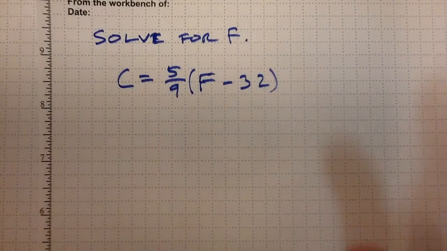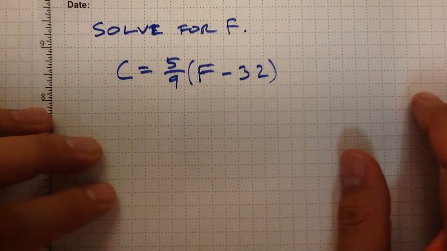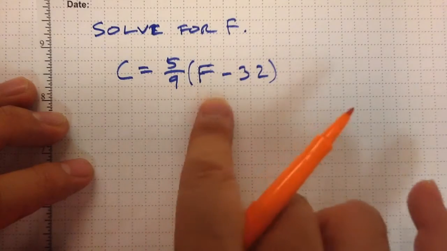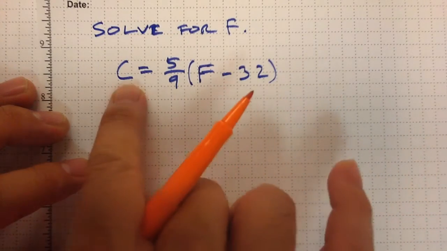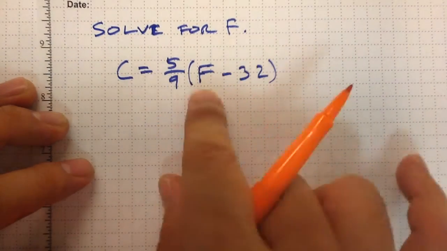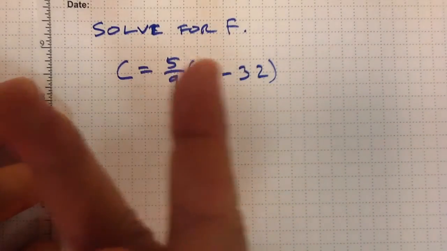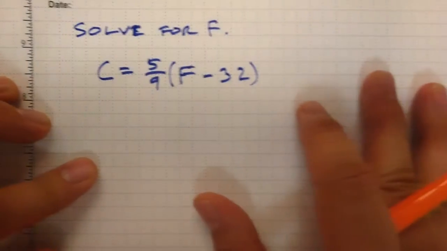All right, in this last example, you may or may not be familiar with this formula, but I think the C and the F might be a clue. In this case, this is the conversion from Fahrenheit temperatures to Celsius. You plug in your Fahrenheit, do this math, you get Celsius. But what if I want to know Fahrenheit instead? What if I need this formula to work the other way? All right, so if we take a look here,